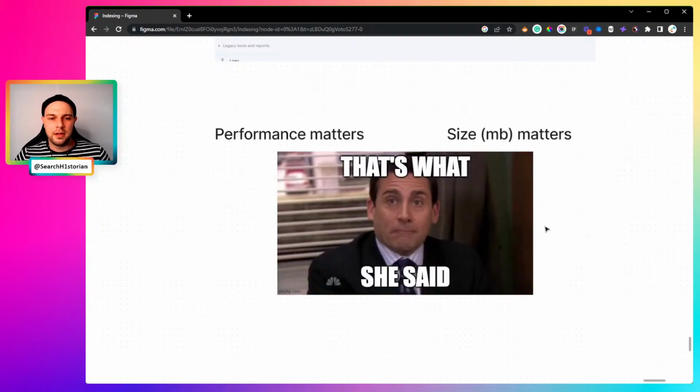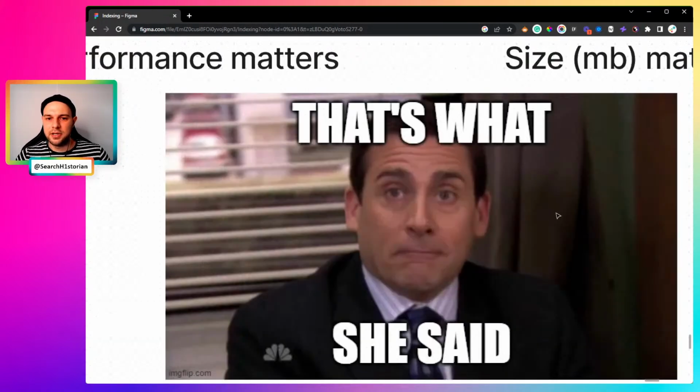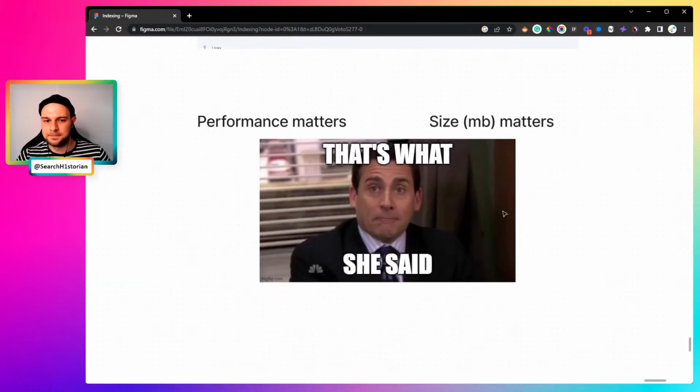So another thing is performance matters because size matters. So with that spicy note, basically what I'm trying to say here is don't forget that crawlers analyze your code. So the bigger the code, the more megabytes it is, doesn't matter what it is, images, code itself, interactions, whatever you add there, that uses up crawling budget. So an easy way to think about it, Google will crawl more pages